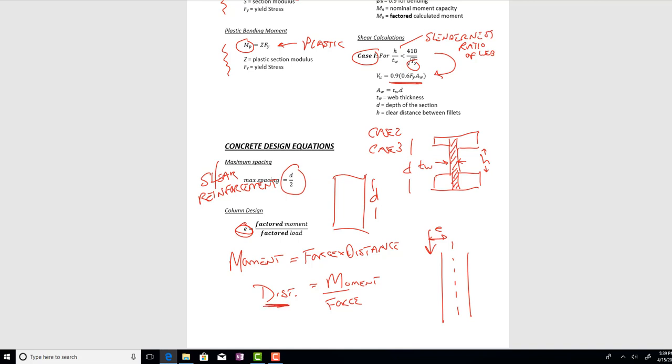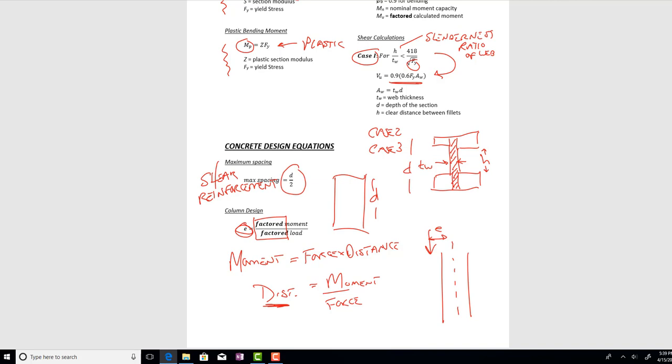So to find out what that eccentricity is, we take the moment divided by the force, but because we're dealing with LRFD, don't forget that these are factored moments and factored loads. And I went through an example with concrete that talked about how to do that. All right, there you go. There are your equations. If you know how to use these equations, you should be able to get through the workout